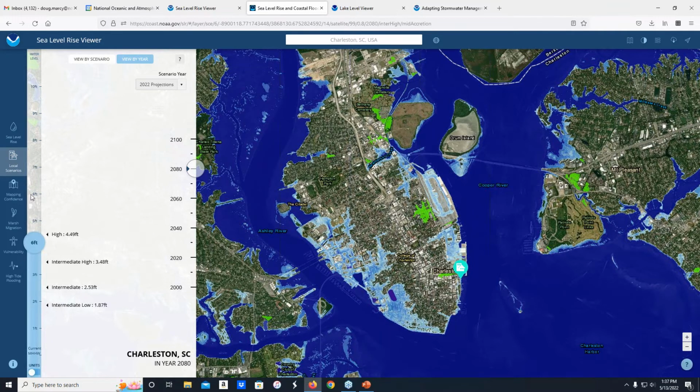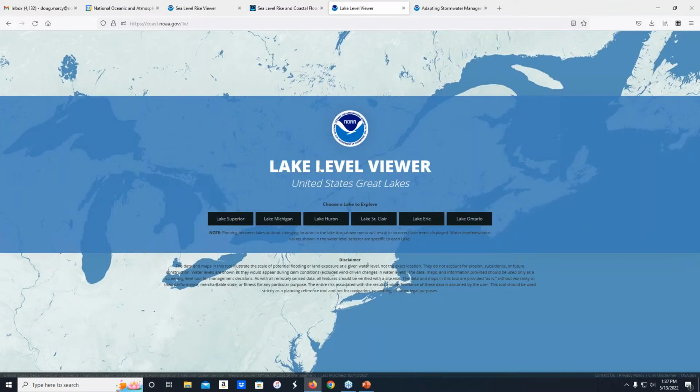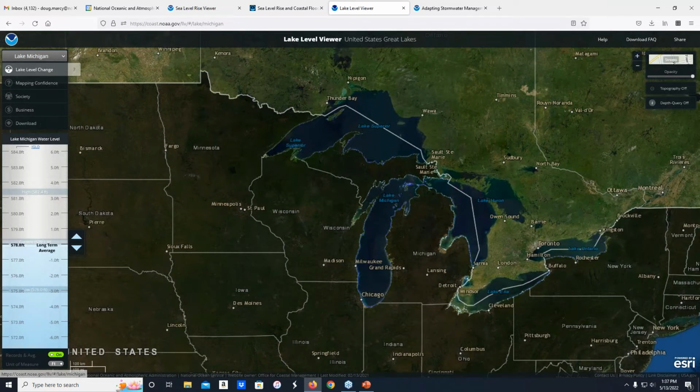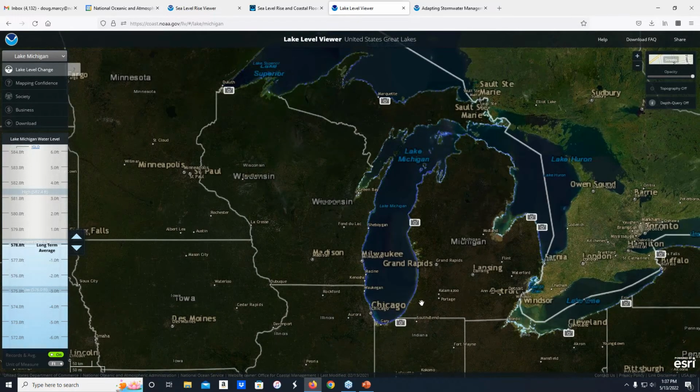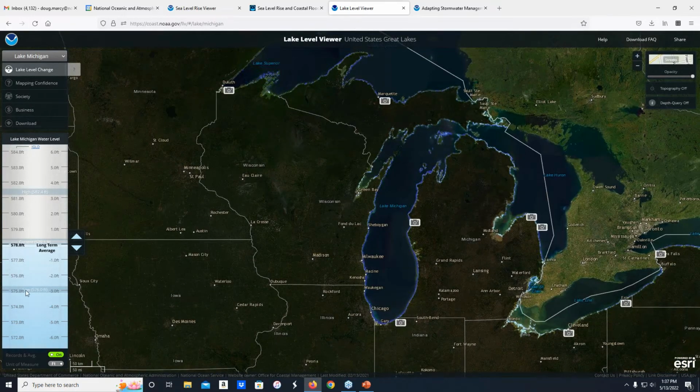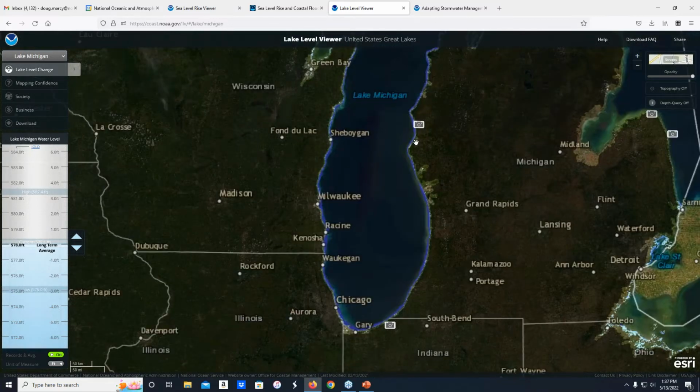Just want to hop over to another tool we have, a lake level viewer. For those of you in the Great Lakes, you just choose your lake. I'll hit Lake Michigan. We don't have projection information in here, but one thing we do have is the current water level. Let me zoom in here.